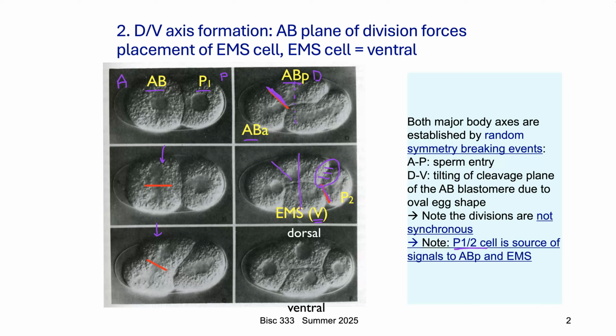This is interesting because this is one of those organisms where we think of the development as almost entirely mosaic. It's almost entirely pre-specified and set up, and for every cell we know exactly what it's going to form, and if you zap that cell with a laser, all the derivatives of that cell don't develop. So under normal circumstances, you don't see a lot of evidence of what we would call regulation or adjustment,